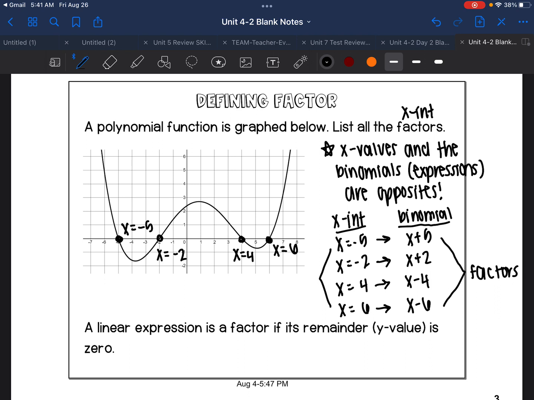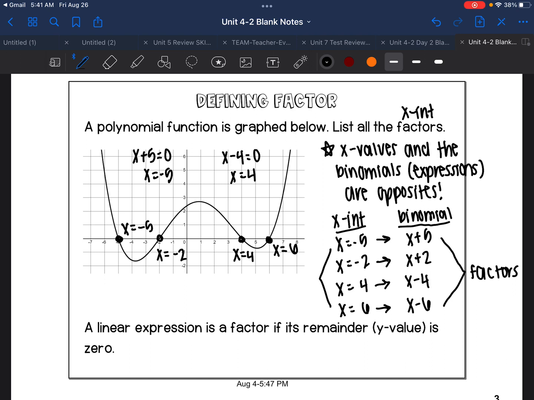Now, if you're asking yourself, okay, well, why is it the opposite? Well, imagine we take, and I'm just going to write it over here, this x plus 5, our first binomial, and we set it equal to 0. That would be x equals -5. Same thing if we take that x minus 4 and set it equal to 0. We would get x equals 4. So the x value is the result of setting that binomial equal to 0,